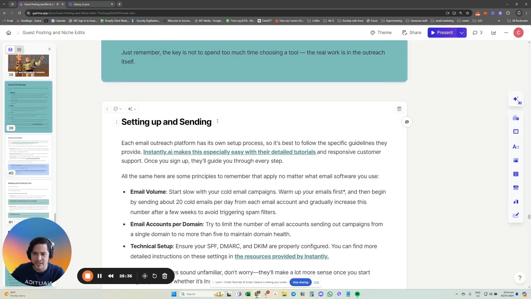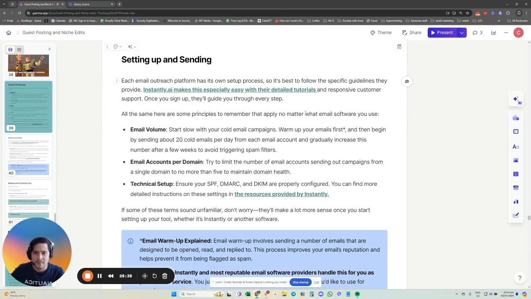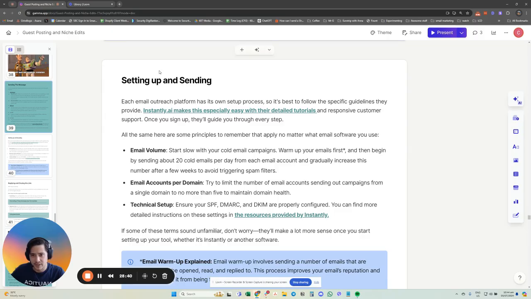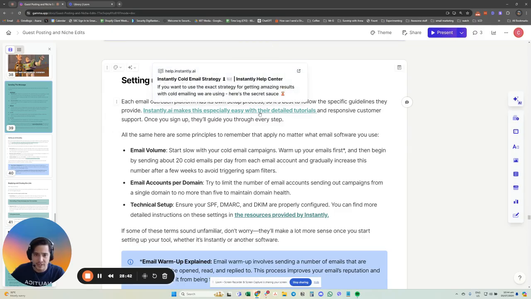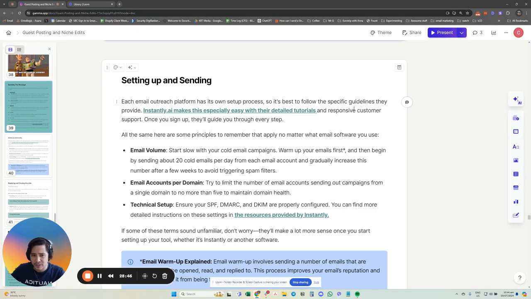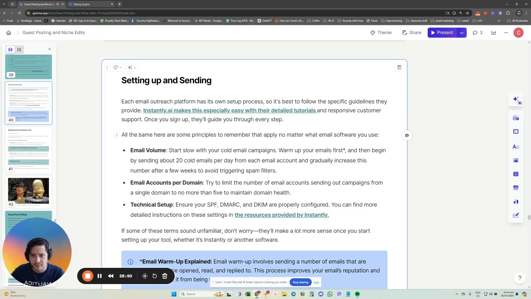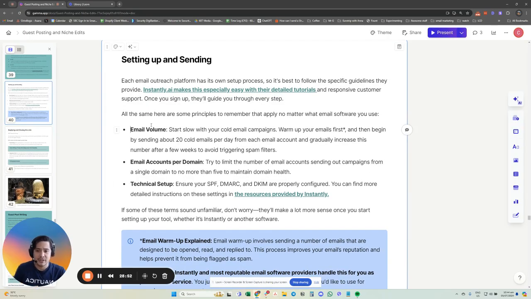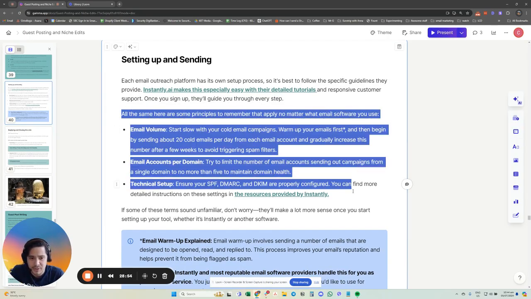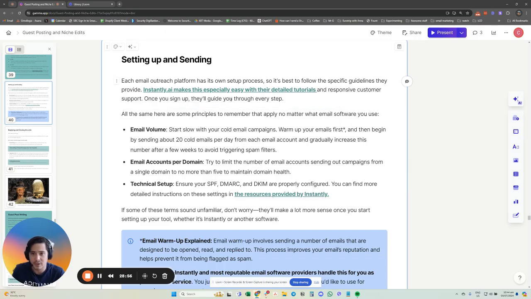All right, setting up and sending. Basically, each platform has its own setup, right? And if you chose Instantly, then they have their tutorials. I put a link to it here, and they have really good customer support. Once you sign up, they'll guide you through every step, right? But here are some principles to keep in mind, which should be explained to you anyway when you set up your